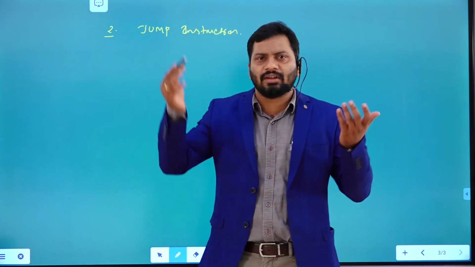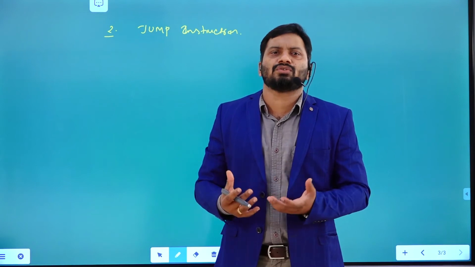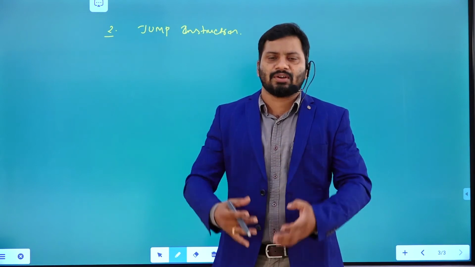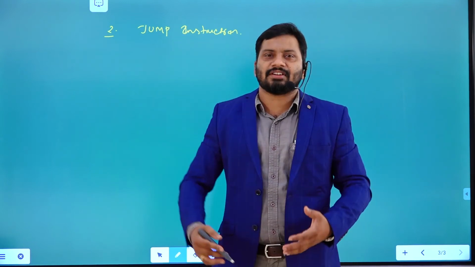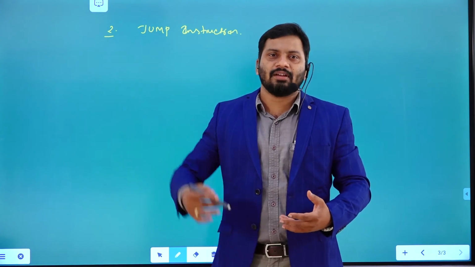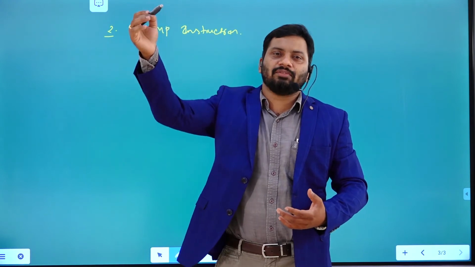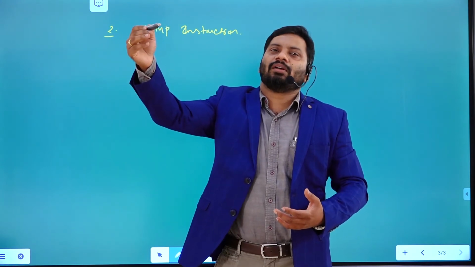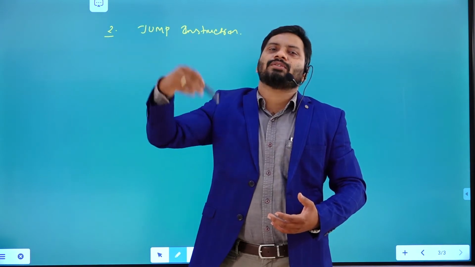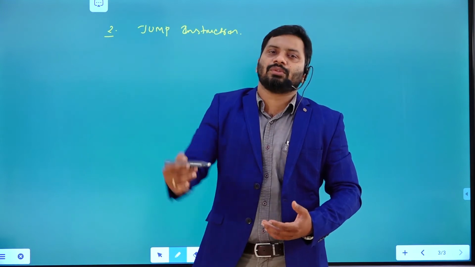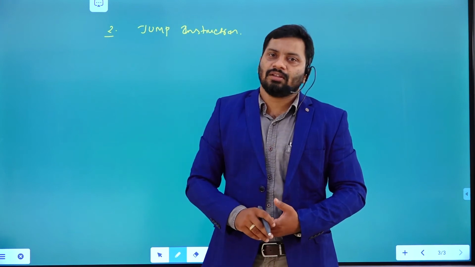We have a similar instruction in the processor also. While discussing the processor, we also used this jump instruction. What is the use of the jump instruction? To jump from the present location to some other location. For example, if we have a 100-instruction program, while executing the 20th instruction, based on some input condition, you can jump without executing the next instructions, straight to the 15th instruction after that.